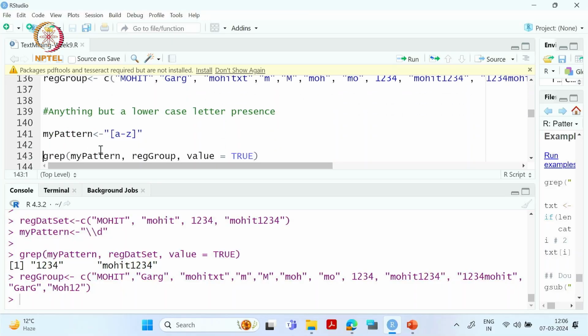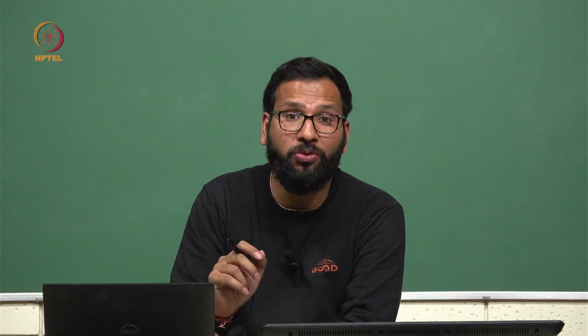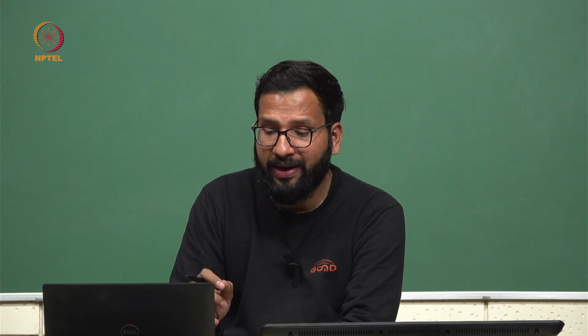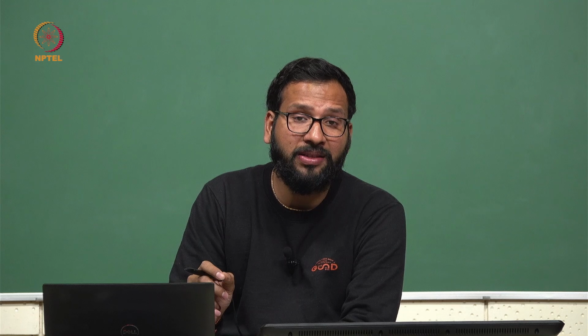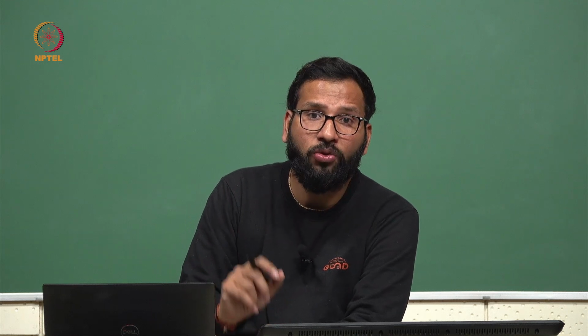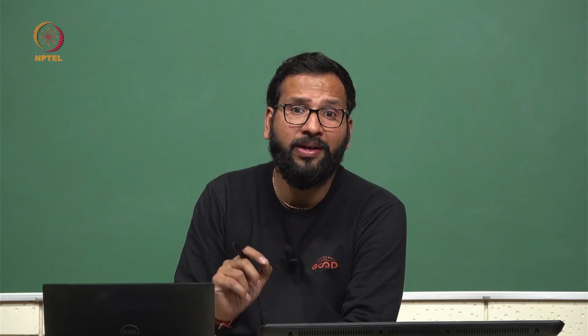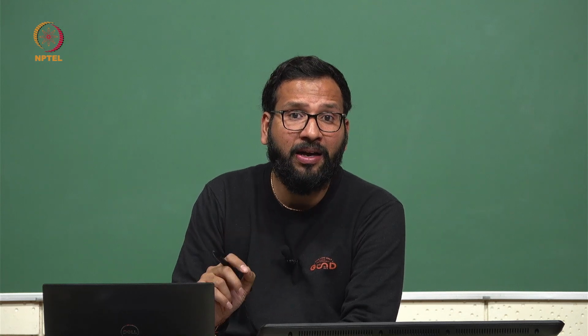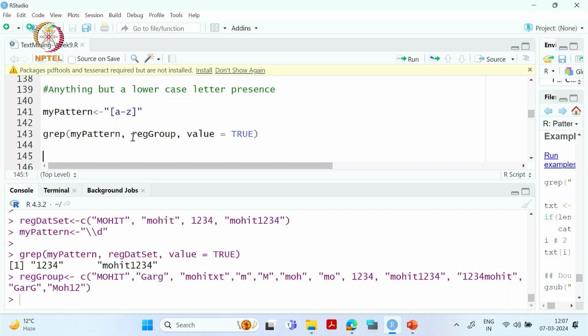For that we have this a to z, which represents that all the words it retrieves should have alphabets in lowercase only, so it can't have letters in uppercase. So my pattern is this,